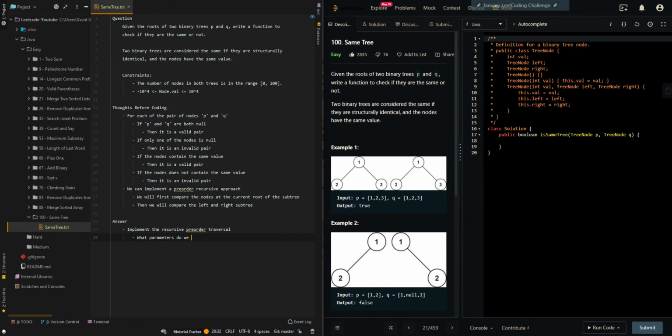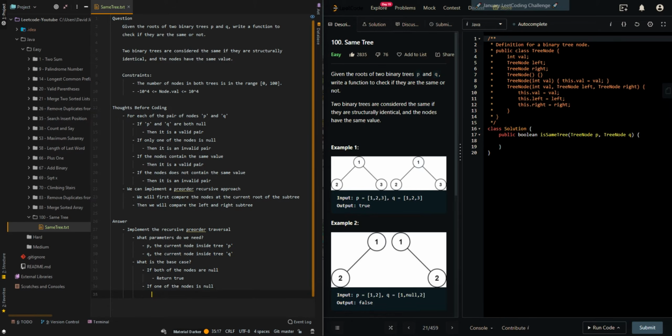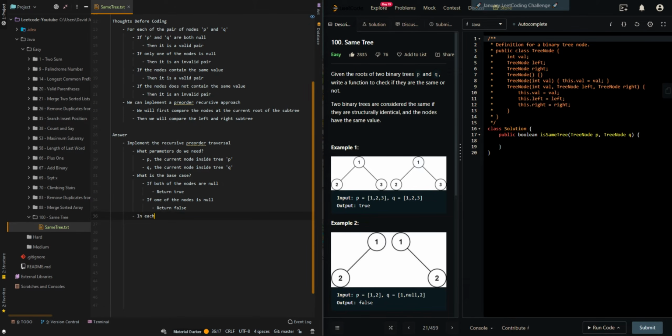What parameters do we need? We need P, the current node inside tree P, and Q, the current node inside tree Q. And then what's the base case? If both of the nodes are null, then they're valid, so we return true. If one of the nodes is null, then it's invalid, so we return false. And then in each recursive call, if the two node values are not the same, then we can return false,